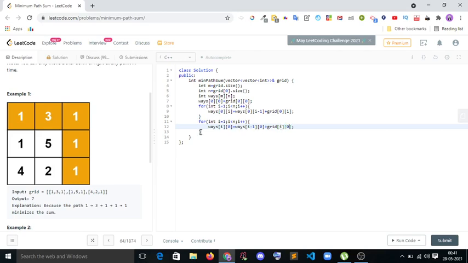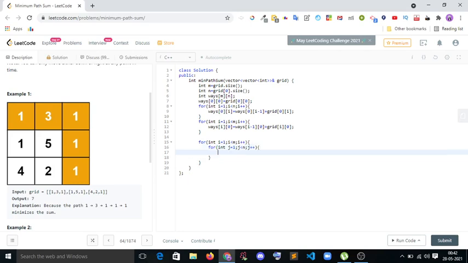Okay, so now after that, for int i equal to 1, i less than m. Another point: this is n the columns and this is m the rows. So i plus plus, and for int j equal to 1, j less than n, and j plus plus.